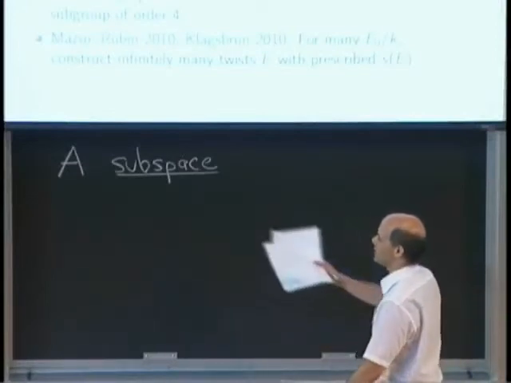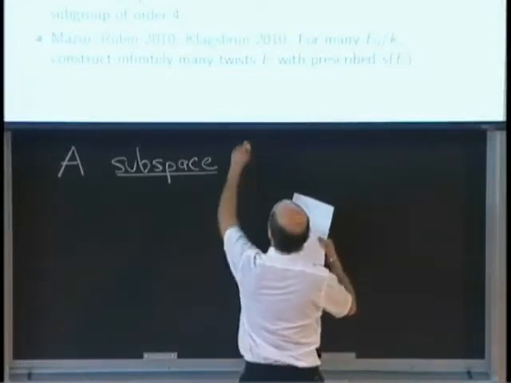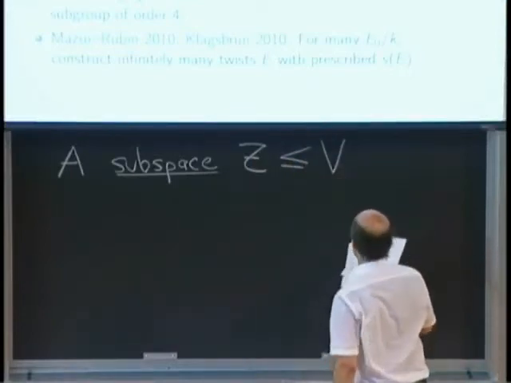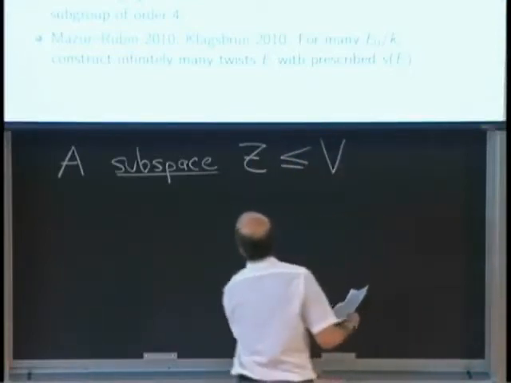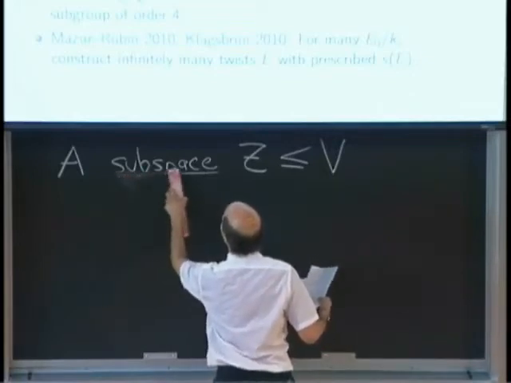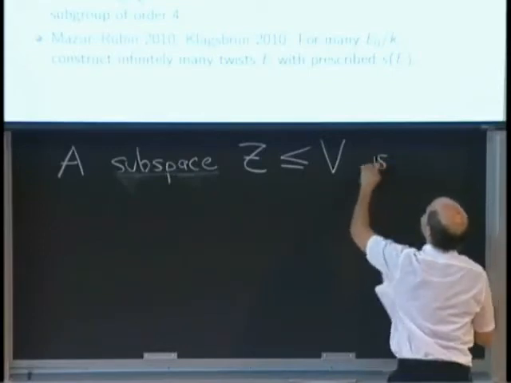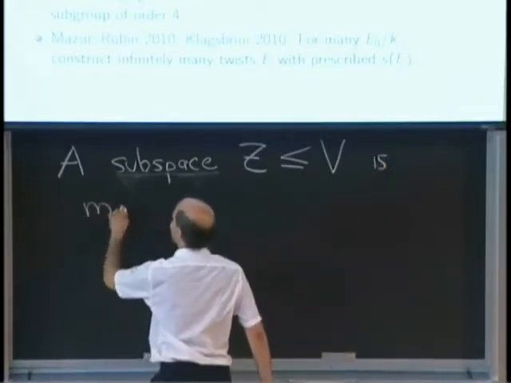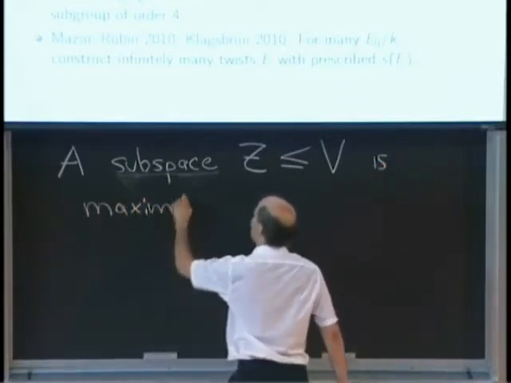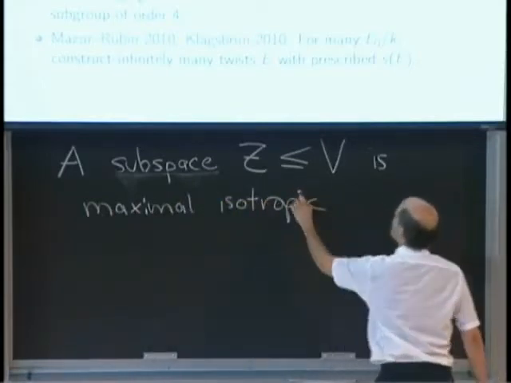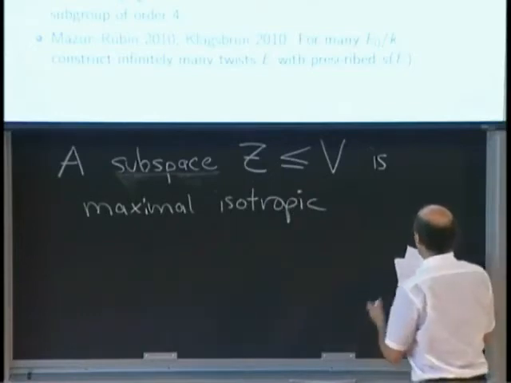So every vector has sort of length 0. Okay, a subspace is maximal isotropic, so first of all, I'll want it